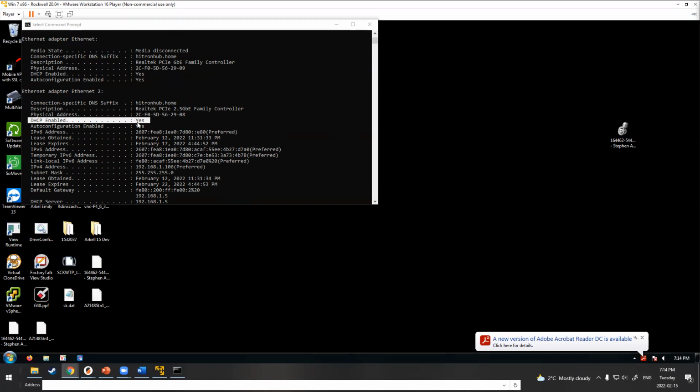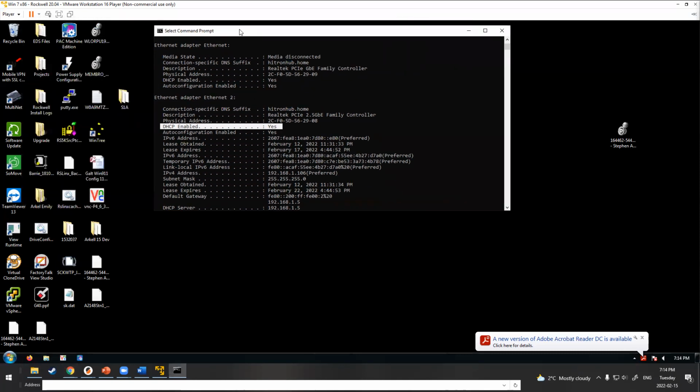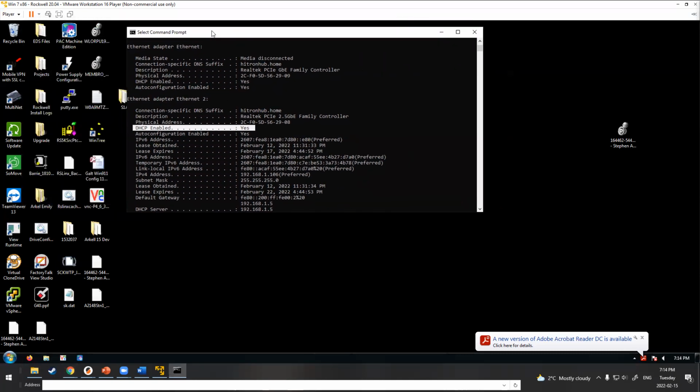So if you connect to a computer, you open up IP config and see that DHCP is enabled, well, then there's a good chance that if you can plug into the same switch, or you can plug into something that plugs into the device that computer's plugged into, the DHCP server, well, whether that's a domain controller or a switch or a router, may assign you